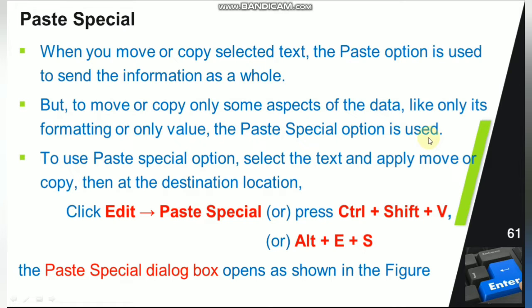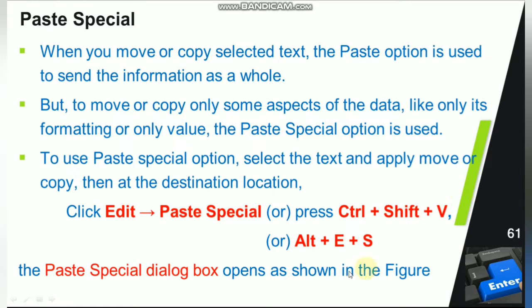The paste special option also copies the formatting which we had done. For example, here I did a formatting called bold, and the font size has been increased. This is called formatting. By default your text will be in black color, but here I have formatted the text, that is, I have decreased the font size. Here I have given a color for this line, and here I have increased the font size, and here I have done bold, as well as given a red color.